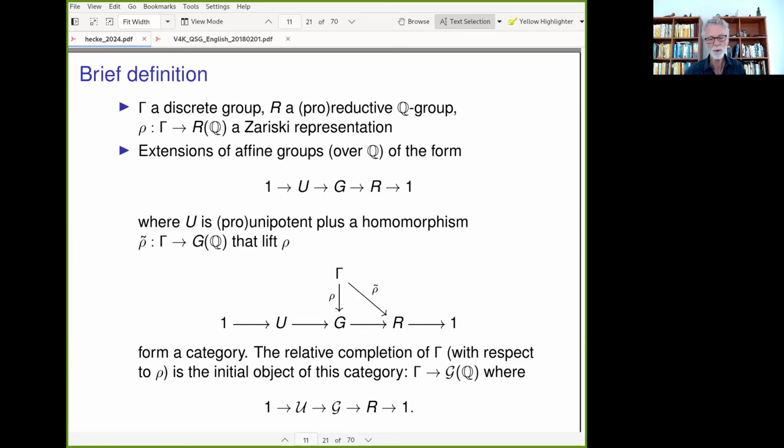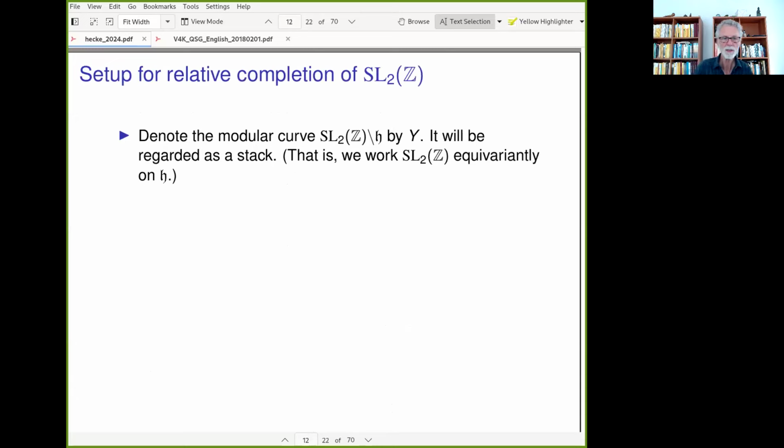And this completion, I'll denote it with a script G, will come equipped with a homomorphism from gamma into its rational points, and it will be an extension of R by a pro-unipotent group. So we want to do this with SL2Z. So the setup here is